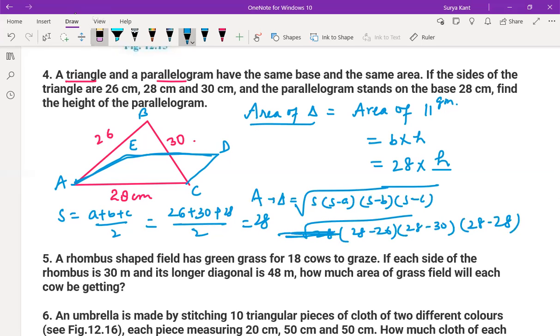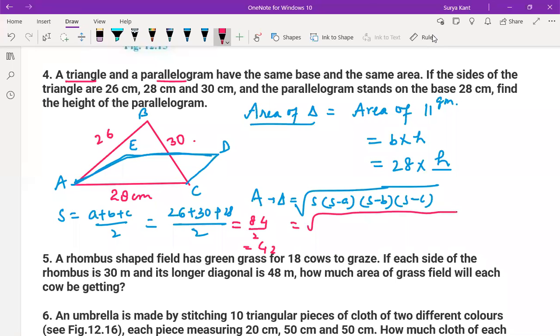I think 28 only should come, as per my knowledge. Sir, I also think 28 should only come. Mean is 28. Mean is nothing but divide by 3; if you do that, then 28 will come. If you divide by 2, then something more will come. Just check. 26, so we can write here 42. Because if we get 28 minus 28, we get 0, so no use of it. Area becomes 0. How can the area of a triangle become 0? Yes, sir. So it will be 42.